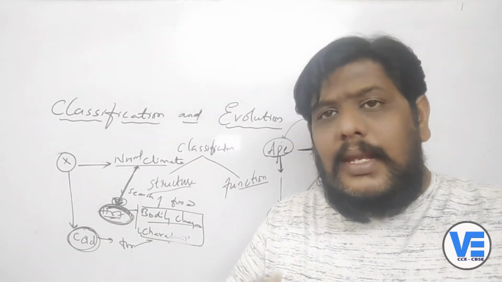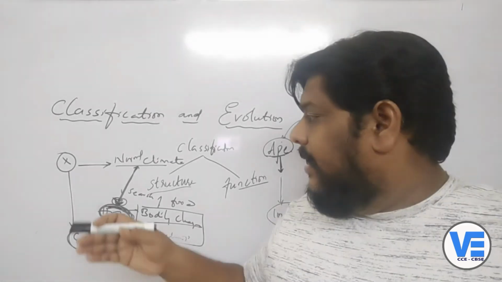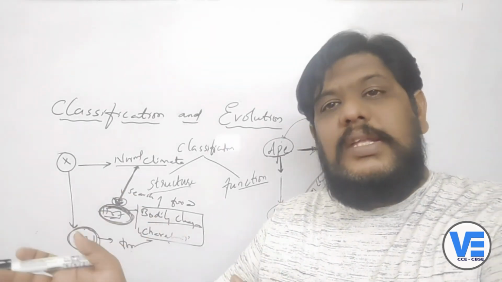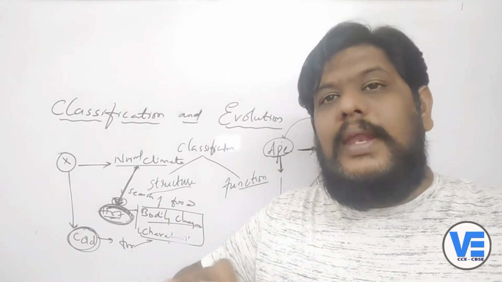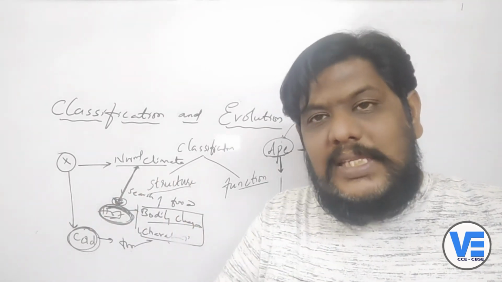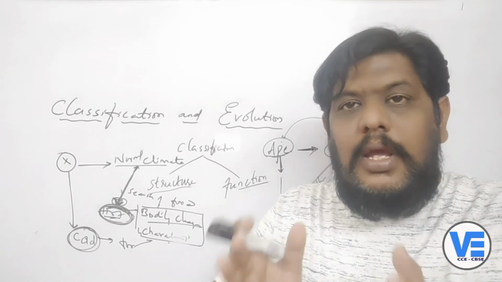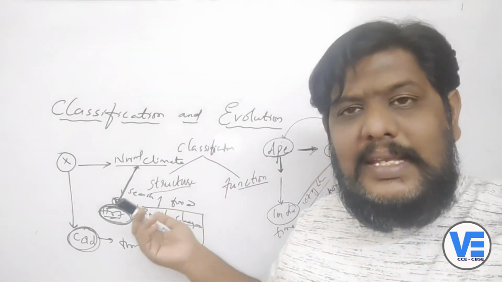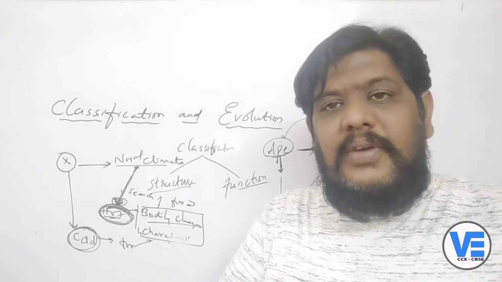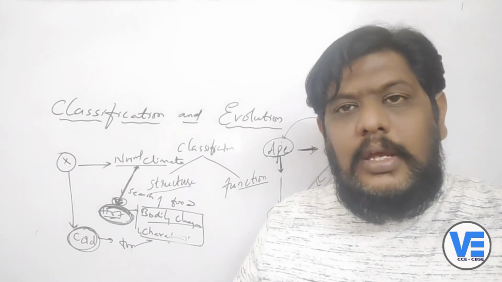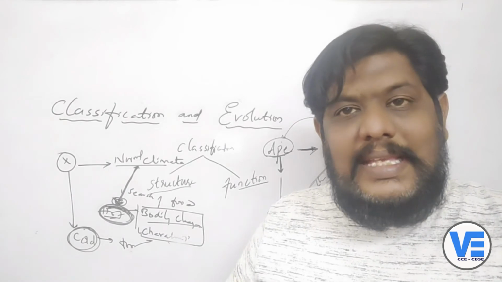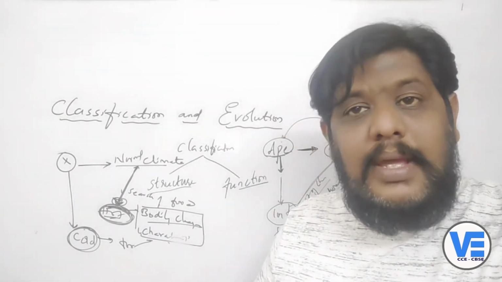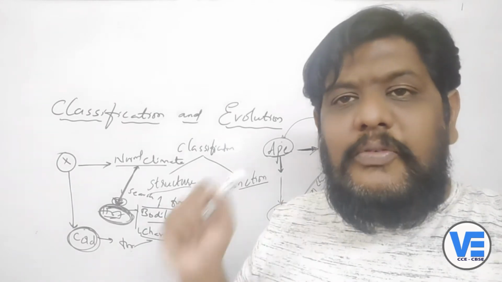So time is one of the major factors in the evolution because animals have taken a lot of time to change. So evolution is nothing but acquiring the change. Now what is classification? Classification is nothing but the grouping of organisms basing on their structures, similarities, differences, whatnot into different groups, where it will be very easy for everybody to identify them, understand them, compare them, know about them, and focus on them.